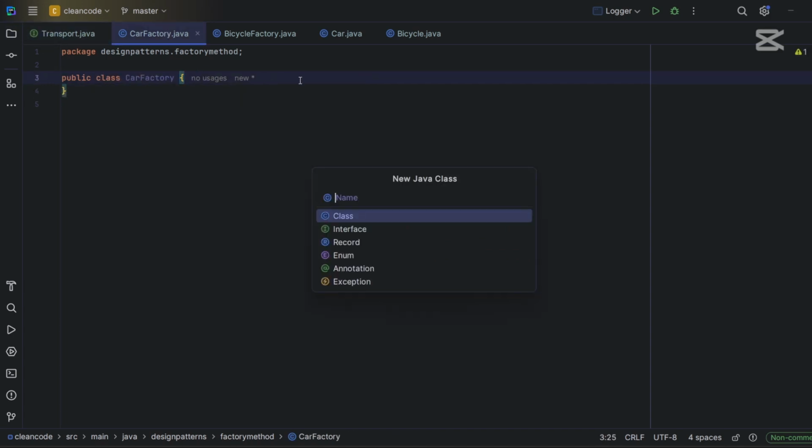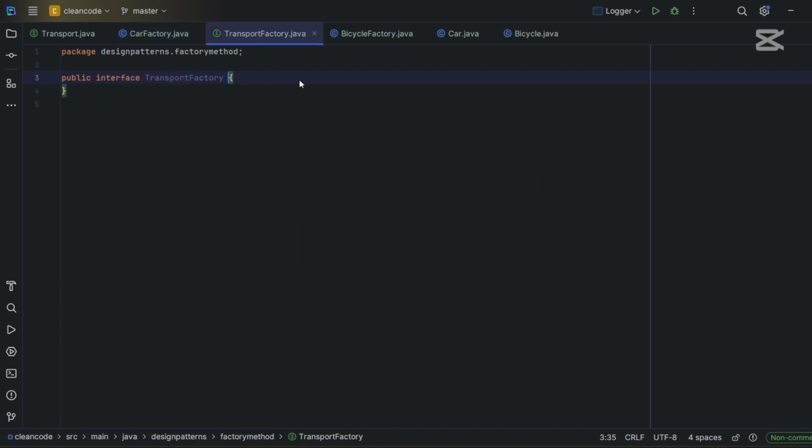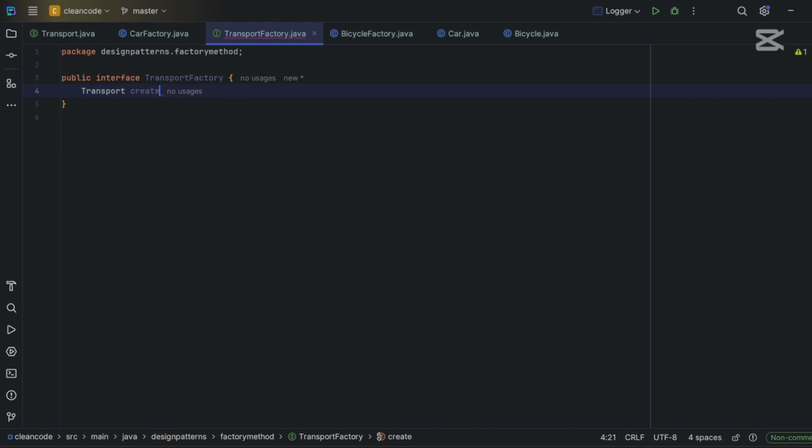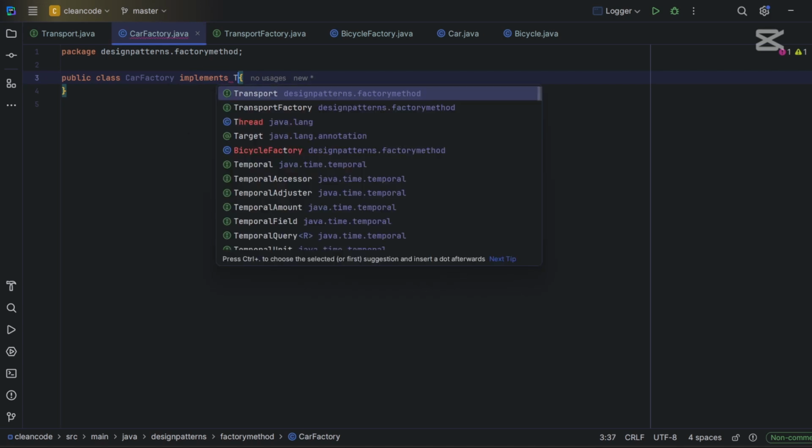Alright, so then we're gonna have another class, or to be more precise, interface transport factory. So transport factory will have a method that will return transport, create transport. Okay, and car factory implements transport factory,